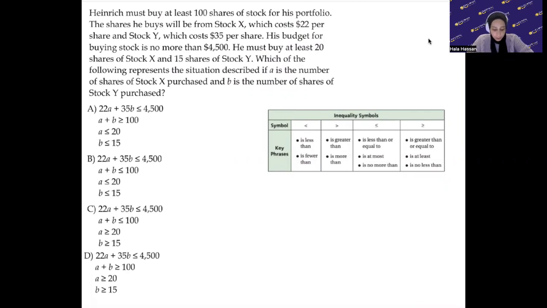Okay, so over here it's saying Heinrich must buy at least 100 shares of stocks for his portfolio. So immediately we're saying we have at least 100 shares. So over here, I want you to remember these keywords, okay? This table covers the keywords that you want to remember. And you could understand it from its meaning, but just keep in mind that over here,